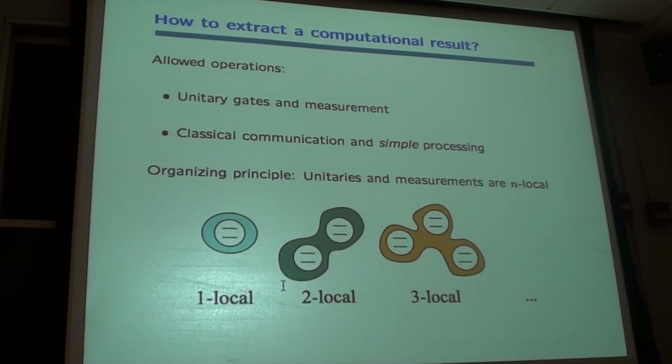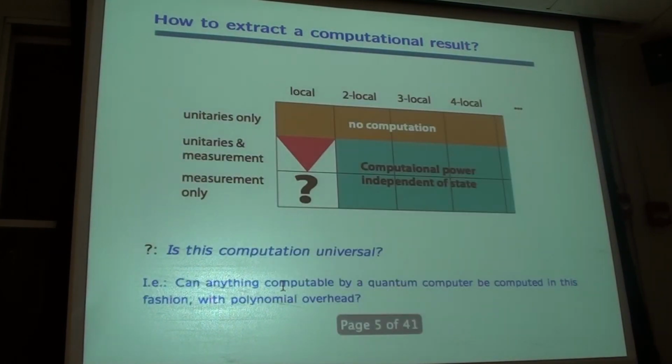And we will invoke an organizing principle. I mean, that's a choice that I'm making. You could invoke other organizing principles, but I am classifying those unitaries and measurements according to their locality, by which I mean we have here a bunch of physical systems, and for each of those unitaries, I'm asking on how many of those systems will they act. So they can be one local, meaning they act only on one system. They can be two local, that is, they act on two systems at a time, three local, and so on and so forth. So this is my organizing principle for these unitaries and measurements, and this gives me the following